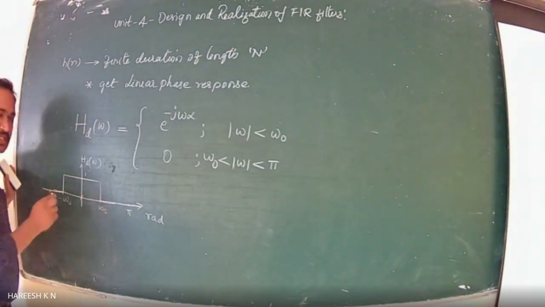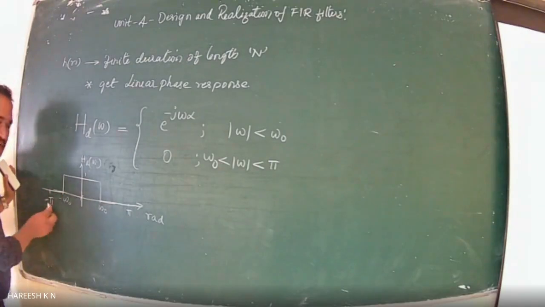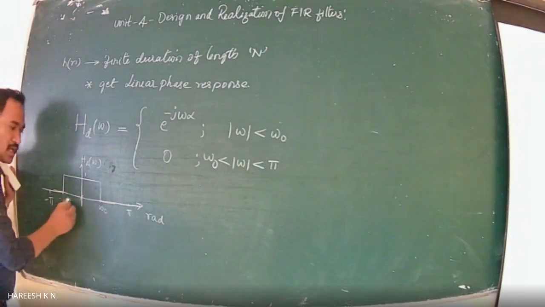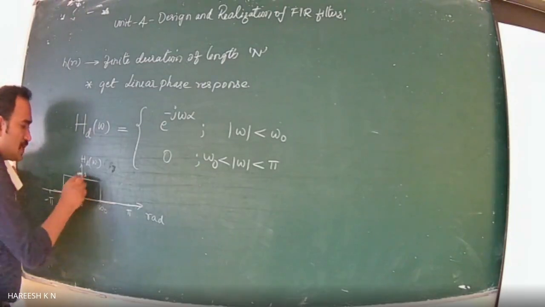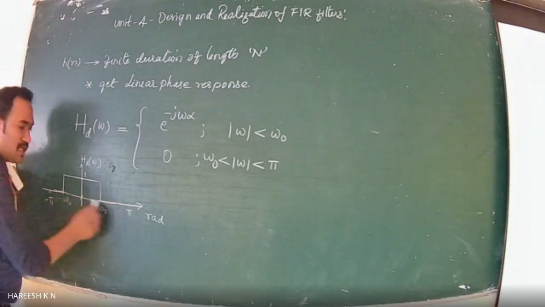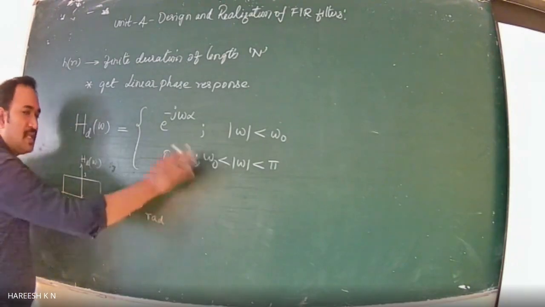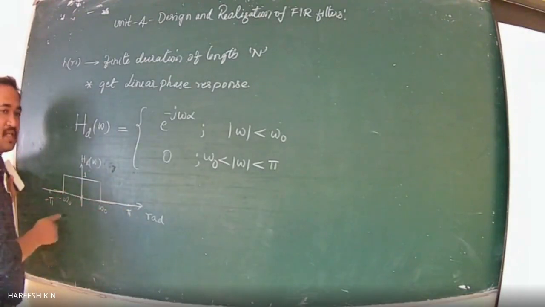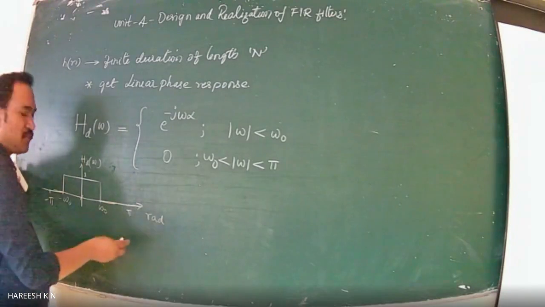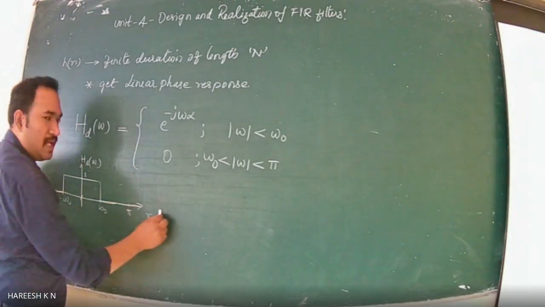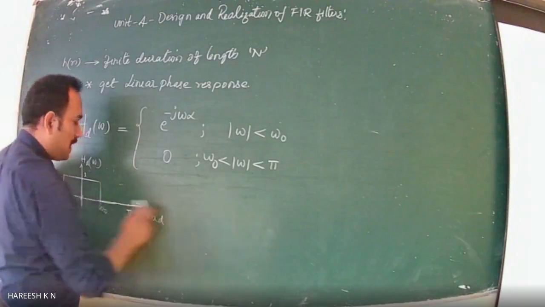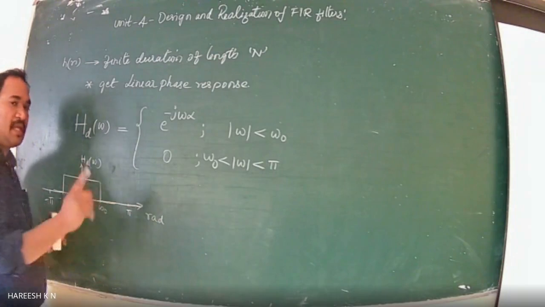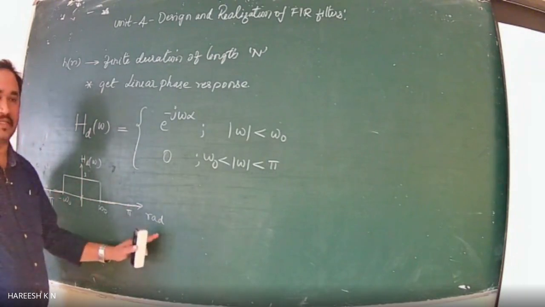Now it is periodic in nature. You can identify that it varies from minus pi to plus pi, where from minus omega naught to plus omega naught its value is 1, and from omega naught to pi on either side its value is 0, and this is periodically repeating. This is periodic in nature with the period 2 pi. Therefore it again keeps on with the same frequency response. Now this is for the period of 2 pi radians.